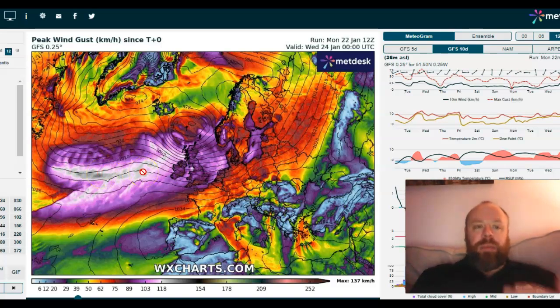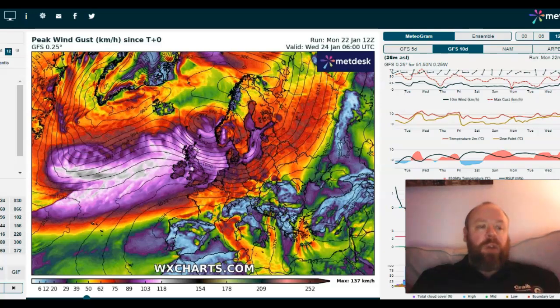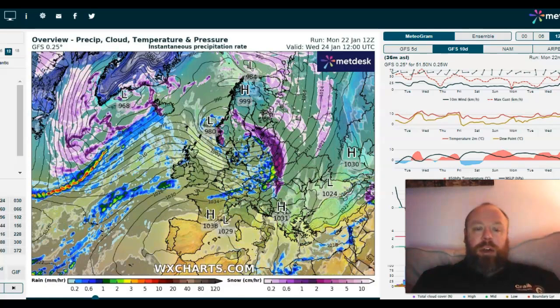So that may generate some very, very powerful wave action along the west coast of both Ireland, Northern Ireland, and Scotland, as well as Wales and England here. So wave action may be an issue as well with this system during the course of tomorrow and into Wednesday here. So if we go back to the overview chart for the GFS, you can see that that system then clears out, and we continue to see